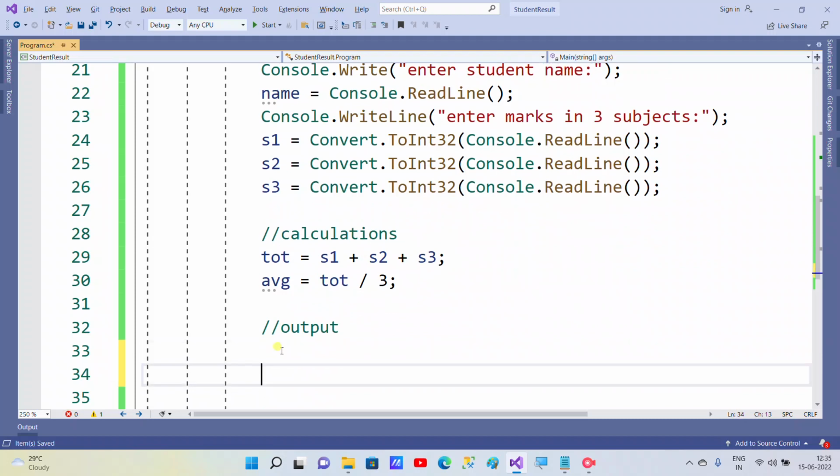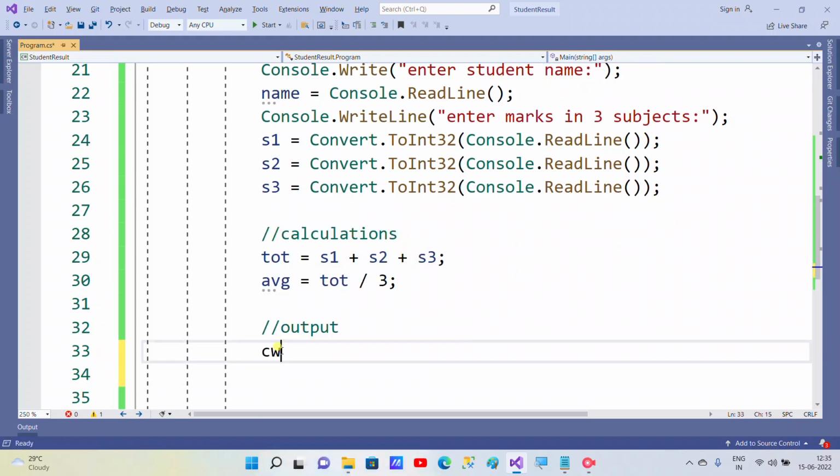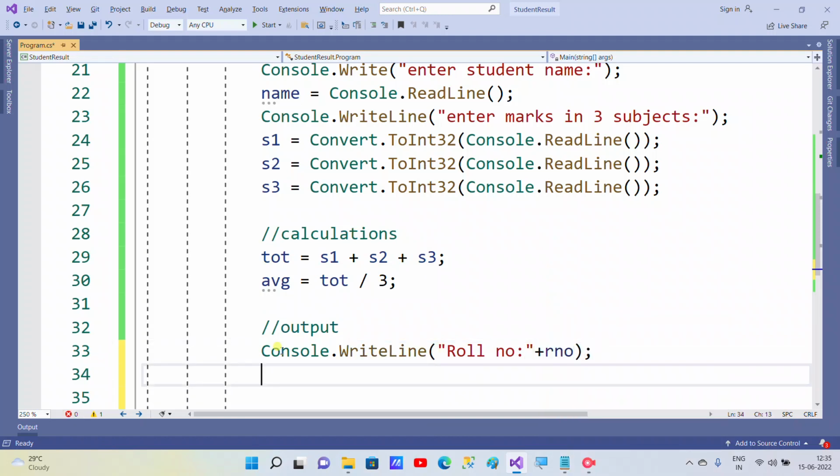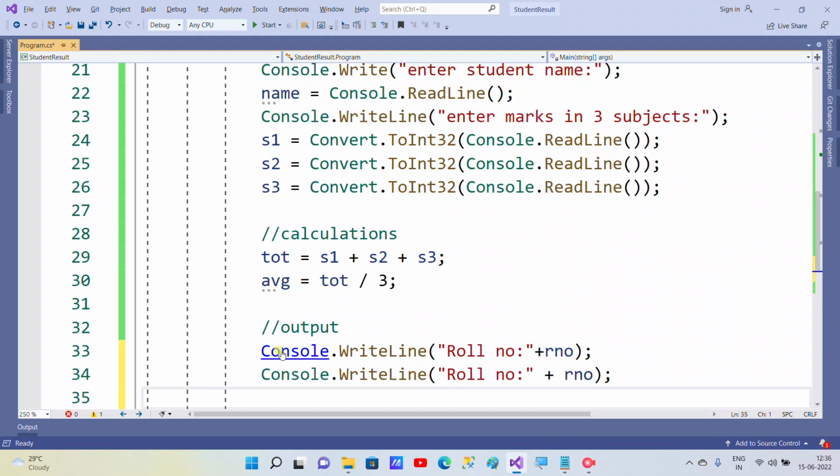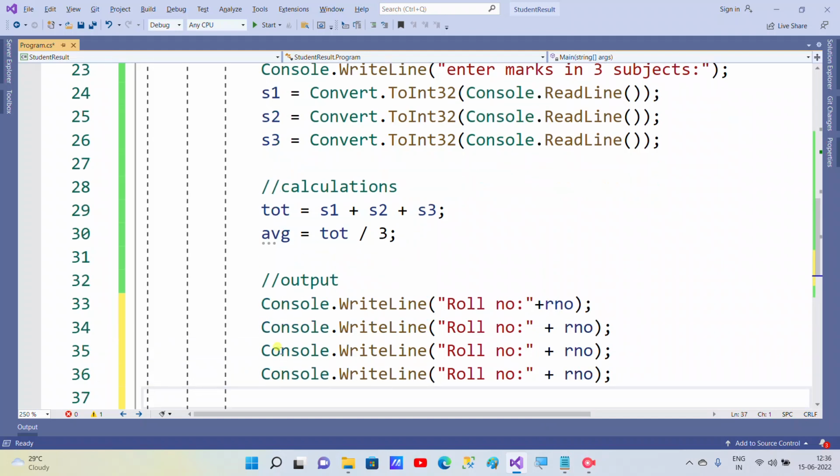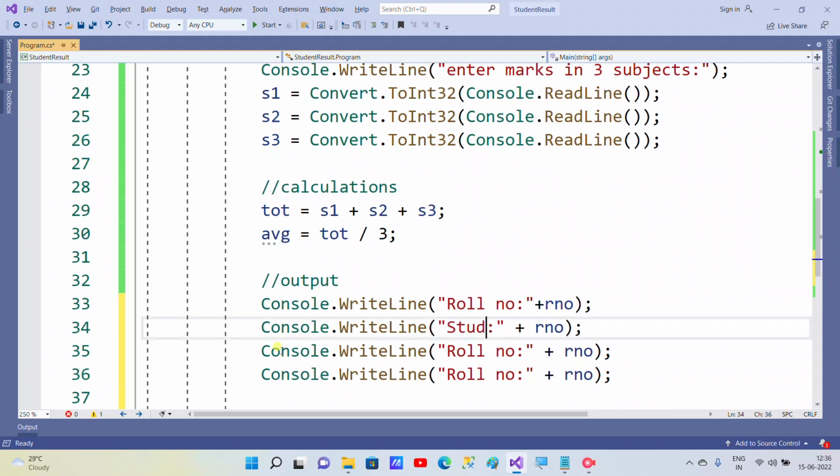Now we need to display output. How to display output? We just need to say Console.WriteLine. First we are printing roll number plus RNO, so that plus means we are concatenating. Then student name, then total, average, and marks also we can print. Let's print student name first. My variable name is name itself, so I just said name, and then we are printing